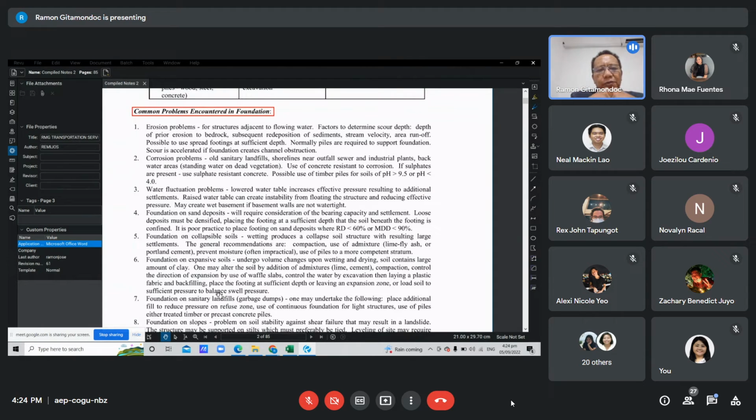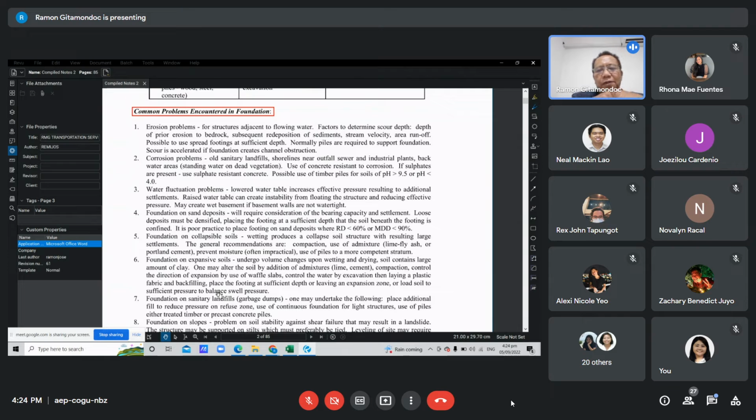Then second common problem is corrosion problems. This occurs in sanitary landfill, shoreline, or outfall sewer and industrial plants, backwater areas which contain standing water or dead vegetation. One solution to counteract corrosion problem is the use of concrete resistant to corrosion. If sulfates are present, we can use sulfate resistant concrete, and we can also explore the possible use